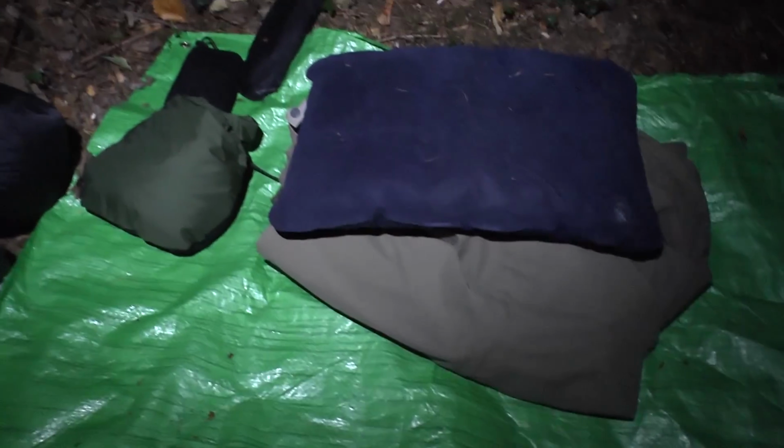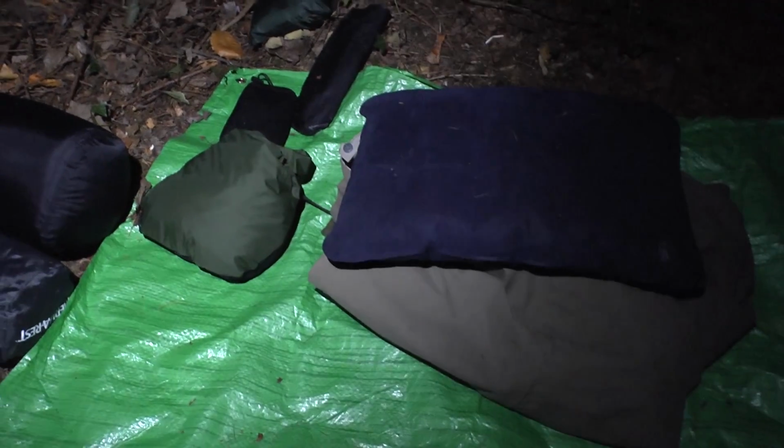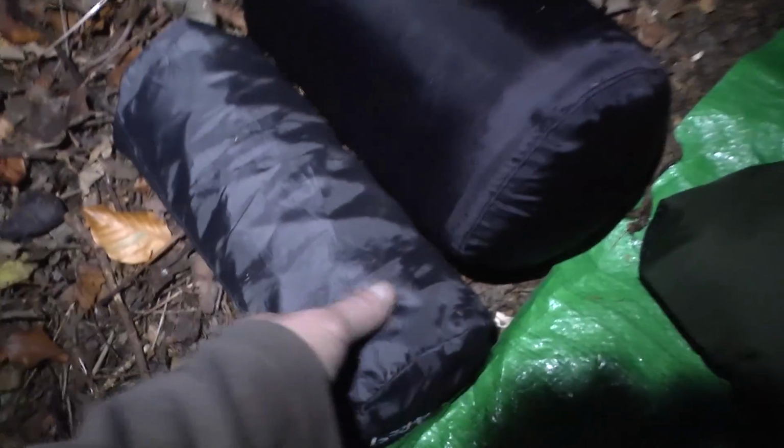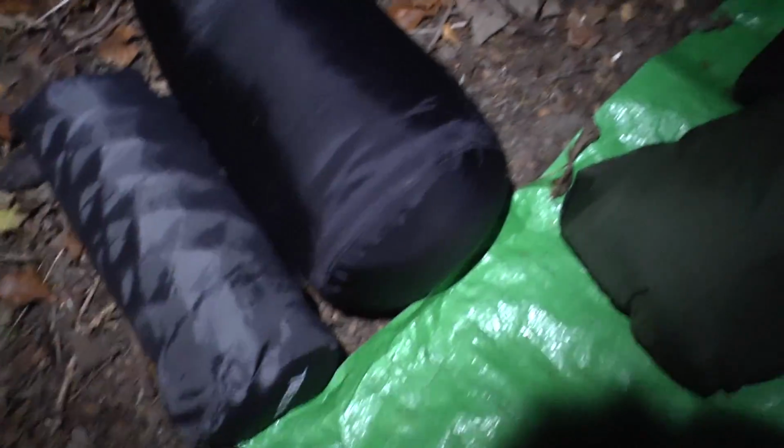I'm gonna enjoy this. Right guys, I'll give you a look, show you what I've done. I've just basically put my ground sheet down for now. And I roll everything out just as I'm about to turn in, because the last time I was getting loads of spiders and all sorts getting into my gear, so I learned the lesson that time. That's my Thermarest Pro Light, my sleeping bag, my new Hunka Bivvy,